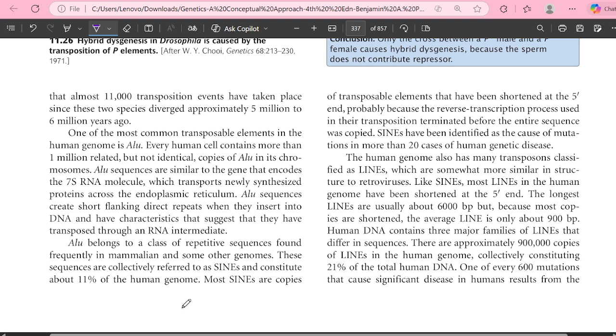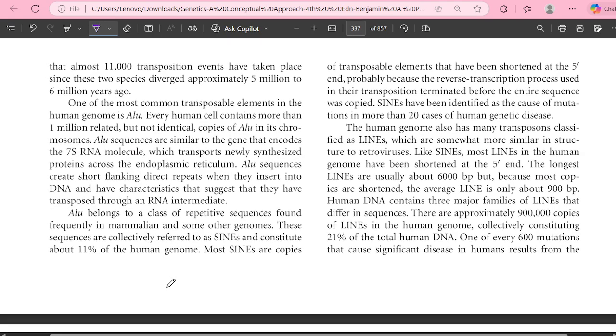Moving on further, if I talk about 5 to 6 million years ago, these transposable elements have played a very important role in humans. Actually, humans, monkeys, chimpanzees, apes, all of them are primates. And in these primates, approximately 5 to 6 million years ago, there had been 11 to 12,000 transposition events that took place inside the genome of these primates. Because of that, evolution took place and the genome had diversified,